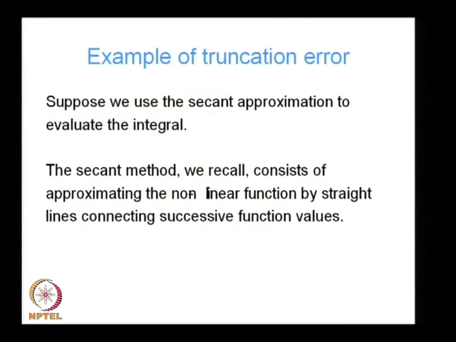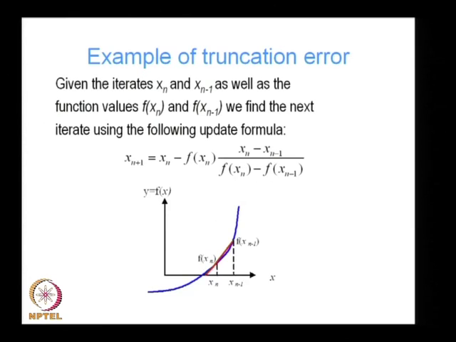Suppose we use the secant approximation to evaluate this integral. We recall from our last lecture that the secant method consists of approximating the nonlinear function by straight lines connecting successive function values. That is, given the iterates xn and xn minus 1 as well as the function values f of xn and f of xn minus 1, we find the next iterate using the following update formula: